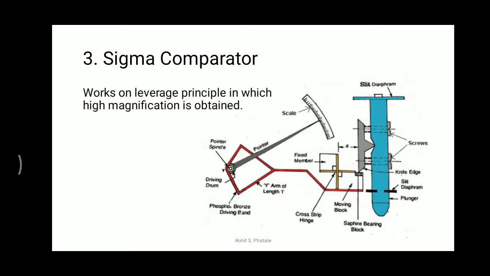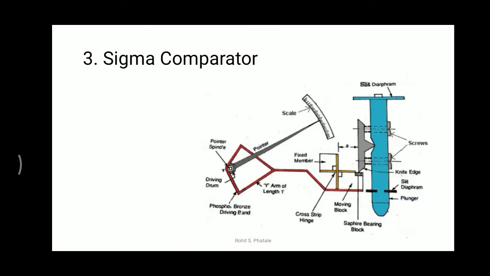Because of that, what will happen? These are all mechanical arrangements. What will these mechanical arrangements do? There are gears and linkage mechanisms. Because of that, the pointer will oscillate or move along the measuring scale.